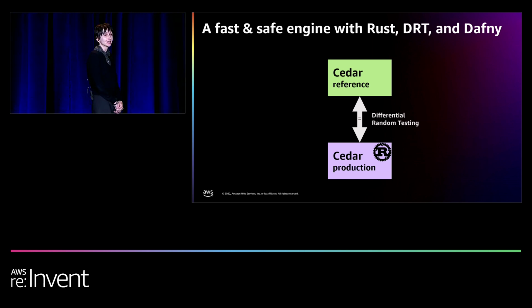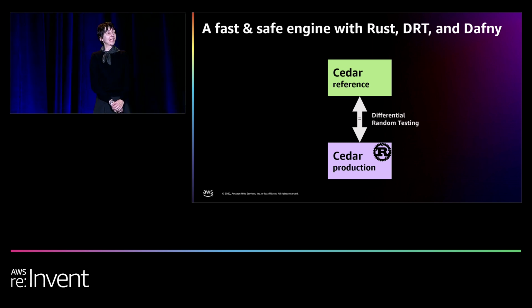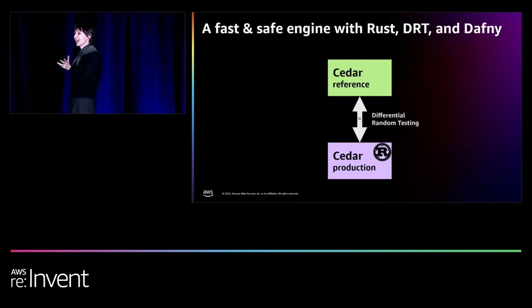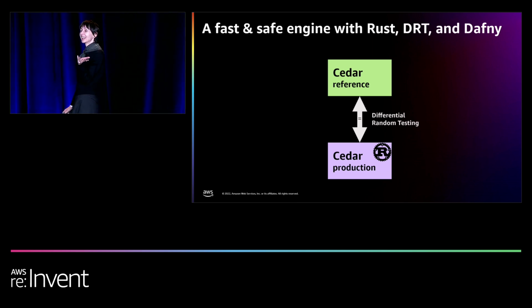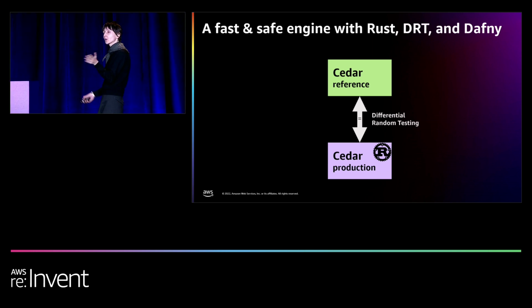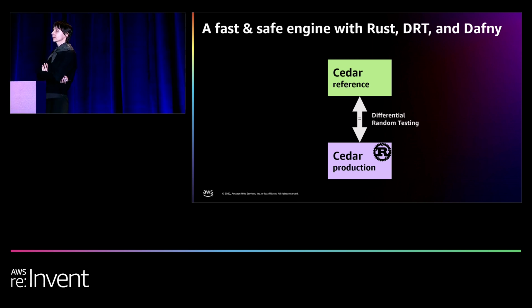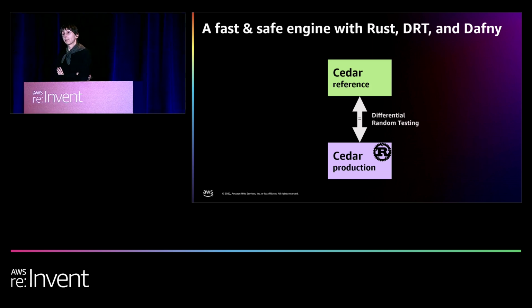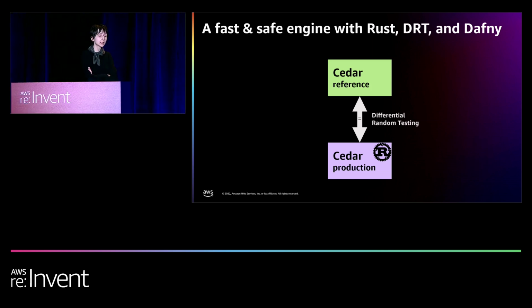This specification takes the form of a very small, high-level functional program. It's only 500 lines of code. You can sit down and read 500 lines of code in an hour and convince yourself that it corresponds to our English spec. Now, to check that this reference implementation matches the production engine, we use a technique called differential